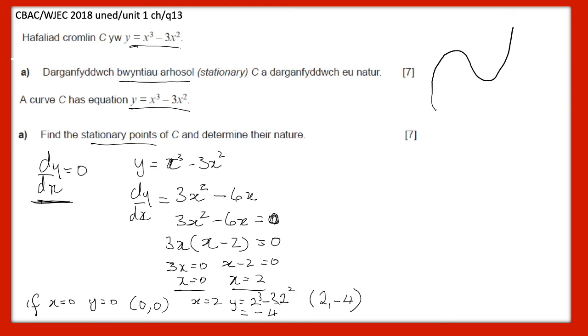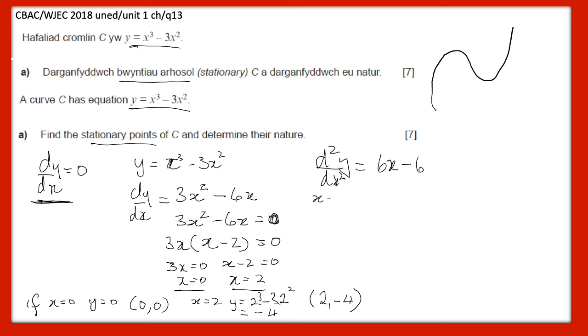One, I could inspect the gradient either side of those points, which would involve me in 4 pieces of mathematics, or more traditionally we use a second differential, d2y dx squared. We'll discuss in a few minutes about why that's the case. So I differentiate it again applying Wallace's rule. Differential of 3x squared would give me 6x minus 6,